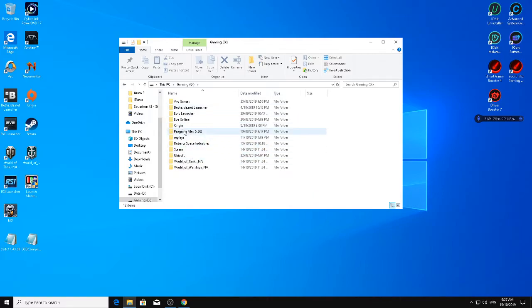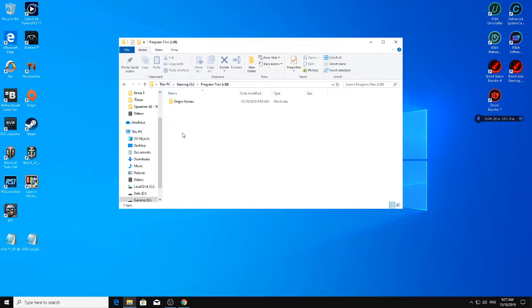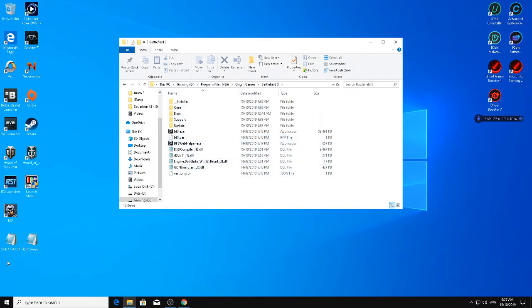So Origin, you don't want to go to the Origin folder, you want to go to Program Files, Origin Games, Battlefield 3. And then you're going to want to copy and paste, or just mouse select them and drag and drop them in there. And as you can see, I've got the D3D compiler and the D3DX11 DLL in there. So after that's done, you can try installing it again and running it again. If that wasn't the problem, you're going to want to go to Installer,